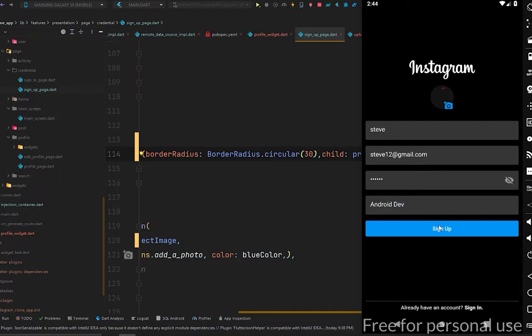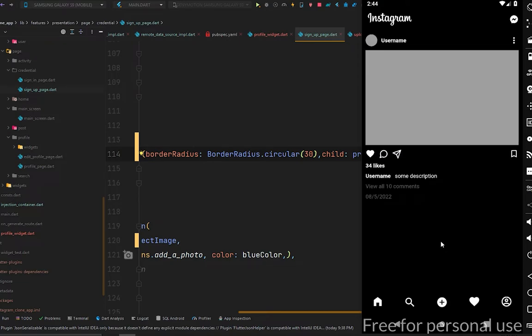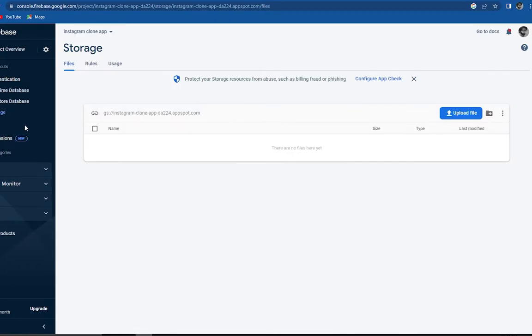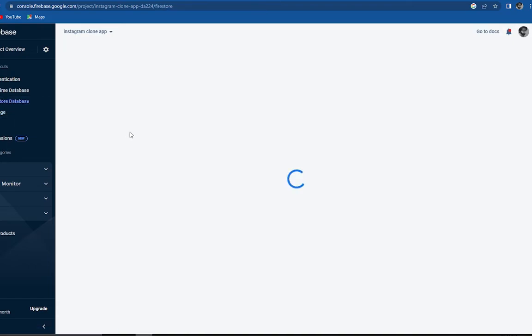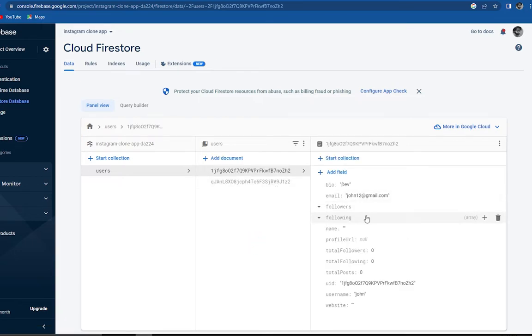He is an Android dev. Now sign up, and we sign up to the application, and the user is created now. Now everything is fine. Now let's go to the browser and go to the Firestore database and check out if the user is created with the profile,